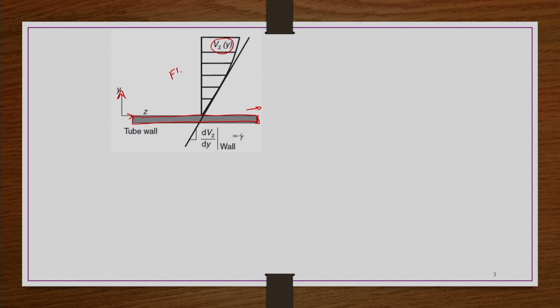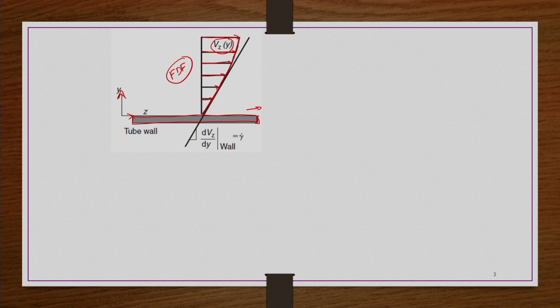If you draw the velocity profile, you can have a curve like this, that is, at the wall there is no velocity. So, 0 velocity, and then as you move up, the velocity of the fluid gradually increases and it reaches a maximum value at the center of the capillary. That is what we have seen in the case of no slip. When we take a no slip assumption when the fluid is flowing through a capillary, this is what we have.